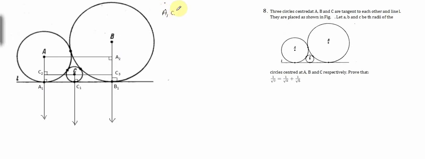a1 c1 square is equal to 4ac. c1 is this c1 over here. a1 c1 square is equal to 4ac. This is the first thing that we will prove. Then we will show that b1 c1 square is equal to 4bc, and then we will show that a1 b1 square is equal to 4ab,